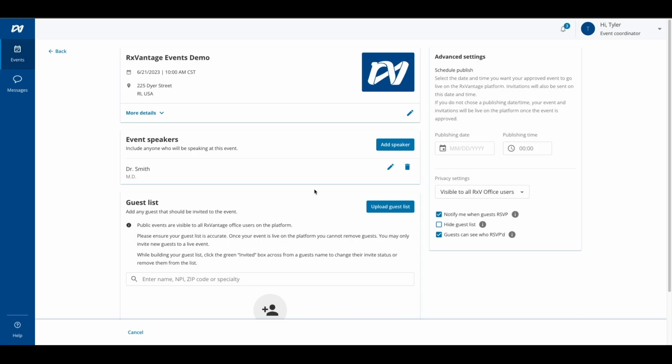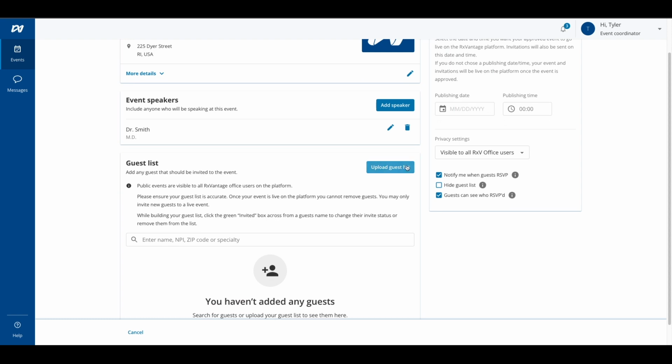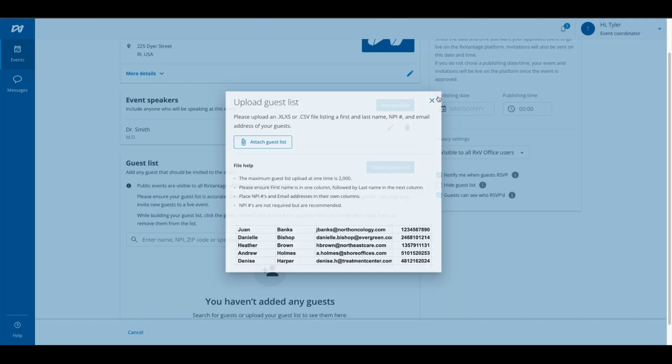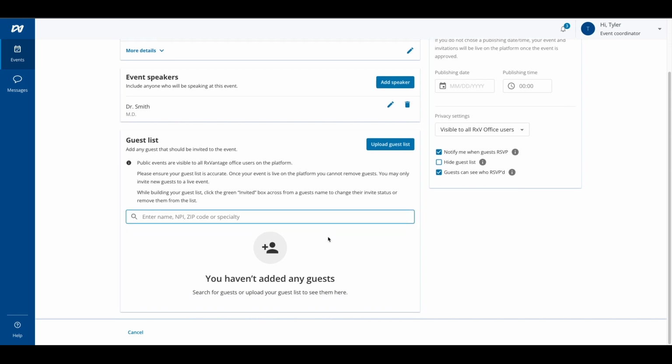Once you've covered all the required details, you can then start building out supplemental information like event speakers so that your invitees know who will be speaking at the event. You can also build out and customize your guest list. You can use an attachment like an Excel spreadsheet or CSV file and upload your guests that way. Or you can search across the RxVantage network by name, NPI, zip code, or specialty. As you build out your guest list, you'll have the option to delete invitees or add new ones before submitting